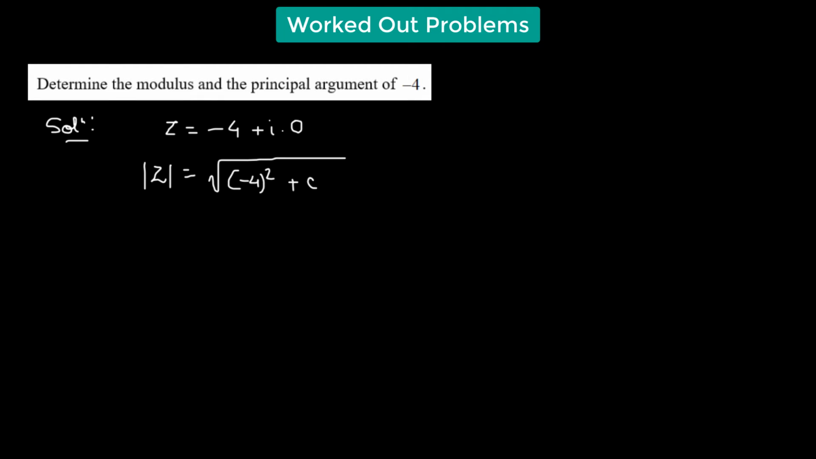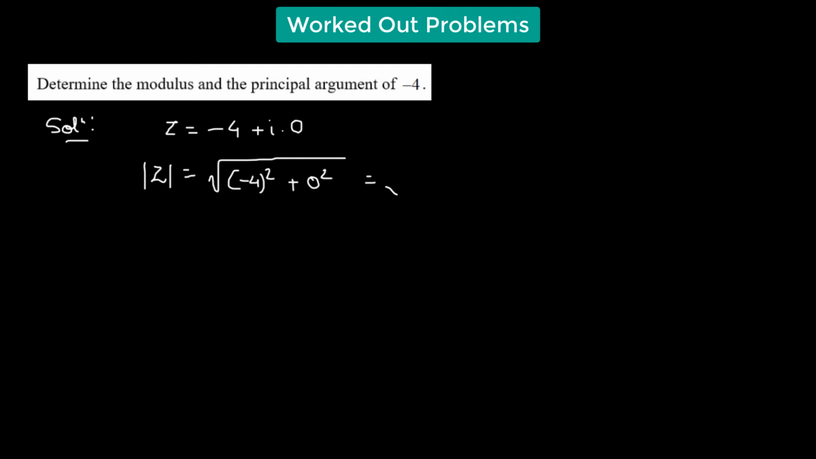In this particular question, we have to determine the modulus and the principal argument of -4. So let us first rewrite our given value in the standard form. So that would be -4 plus i times 0. Now to find the modulus, we have the absolute value of z is equal to the square root of (-4) squared plus 0 squared,